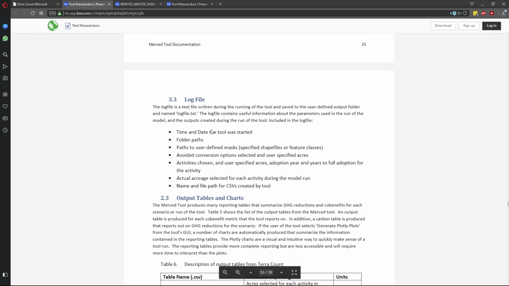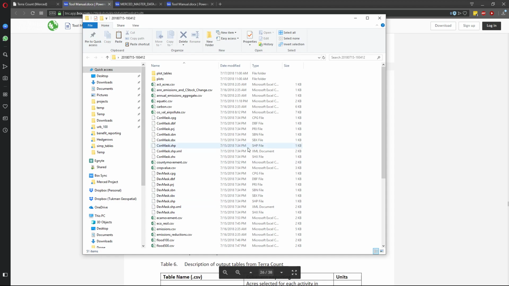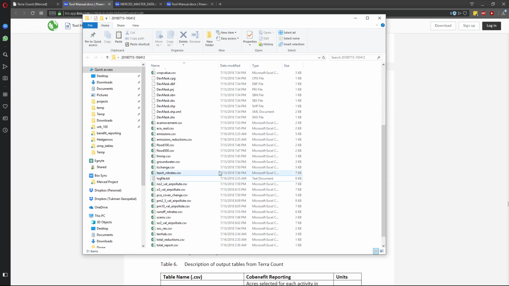So okay, the log file is one of the more important files in the folder. I should just mention that if you do supply shape files and feature classes for like the custom processing area or the conservation mask, the tool will project and export the shape file that you use to this output folder as well. So if we go down to this log file and we open it up,